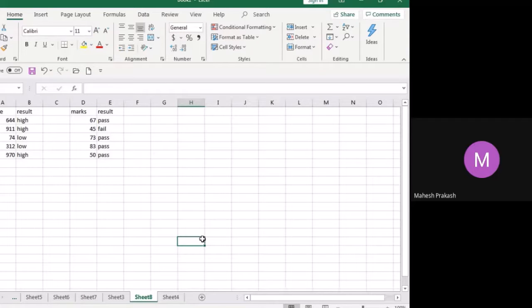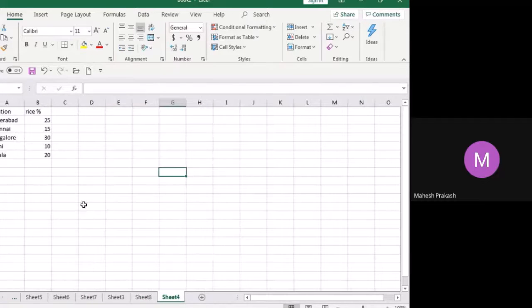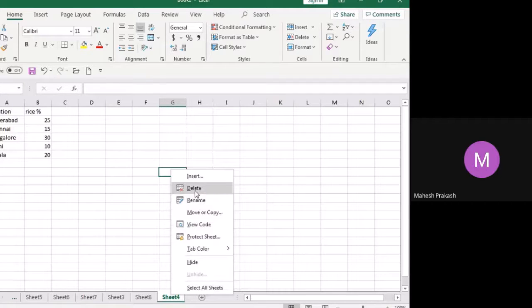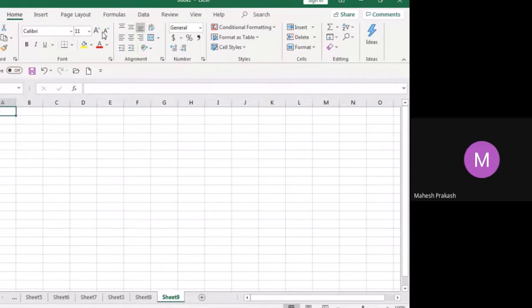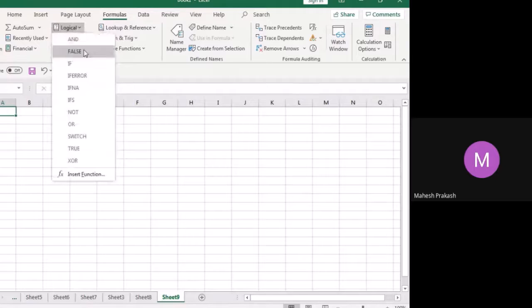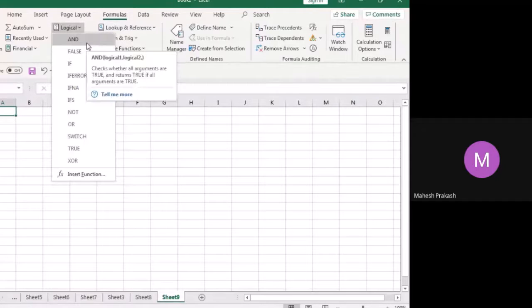Okay. Now I'll teach you one which is AND. Next one is AND. Now we have a logical formula which is AND. What it says is, check whether all arguments are true and return true if all the arguments are true.